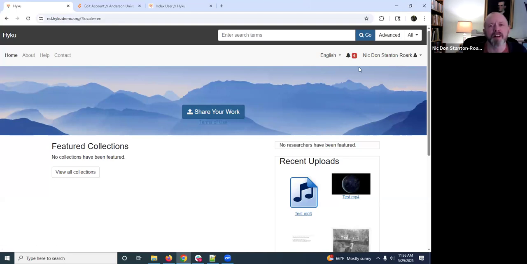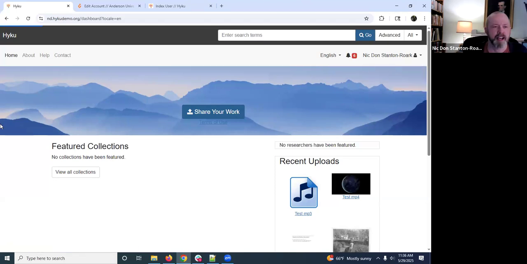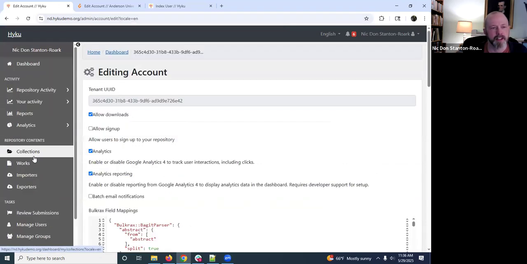So when you're on the homepage of your repository, navigate to your dashboard. You'll be able to access this if you have admin status, but not otherwise. And it's located under the configuration section, under settings, in your account settings. There are configuration options in Hyku to bracket out some elements of the account editing for some that only super admins would be able to access, even in this tenant setting, and some that the local admins would be able